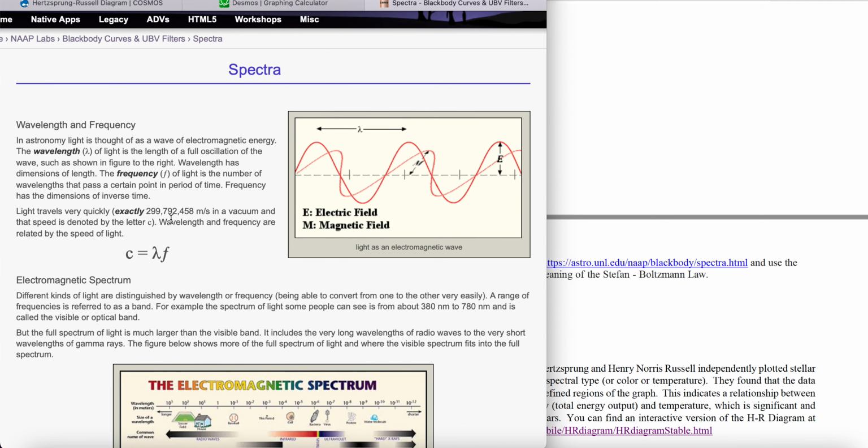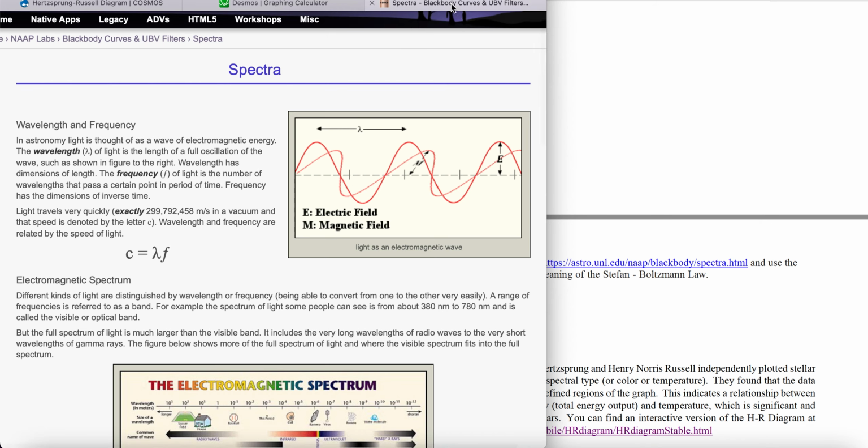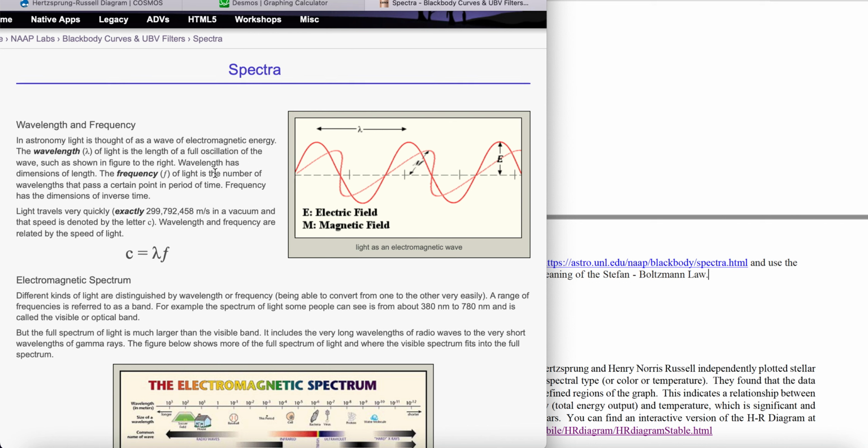Here I decided to go to this website, not because you probably couldn't find the information elsewhere, but just because it was so readily apparent at this particular site. And the information I want is basically a definition or explanation of the meaning of the Stefan-Boltzmann law. So if you look here, this is basically a background on light. The study of light is often called spectra, because light is all about this idea of falling on the electromagnetic spectrum,